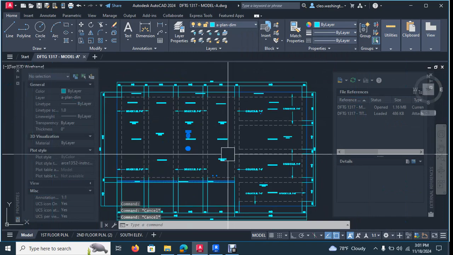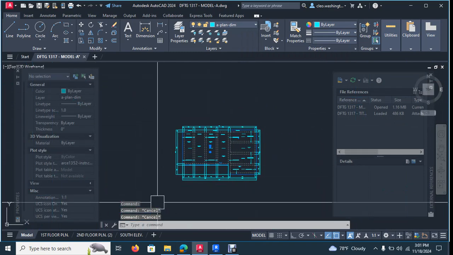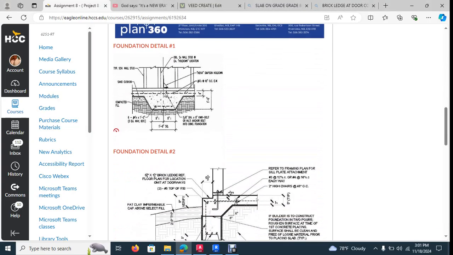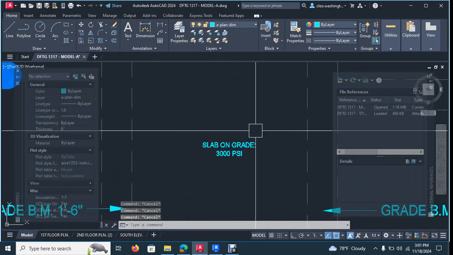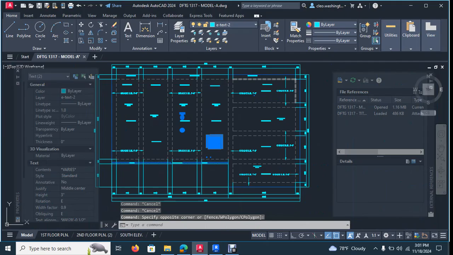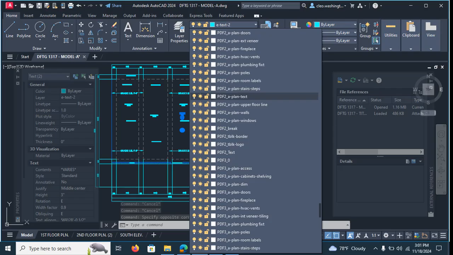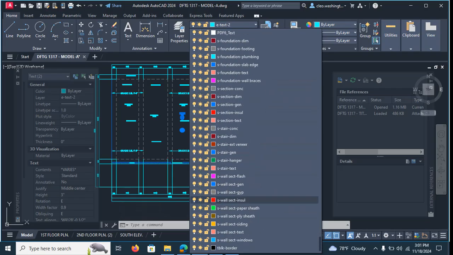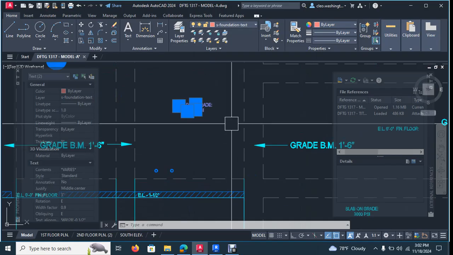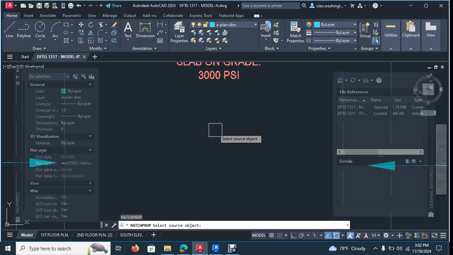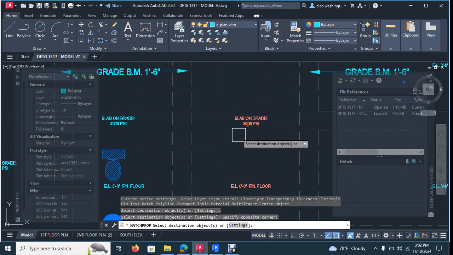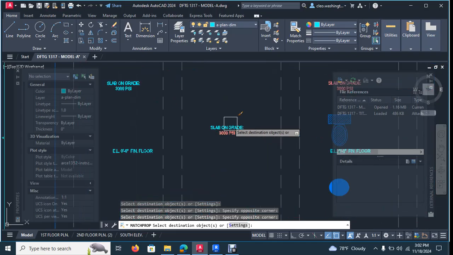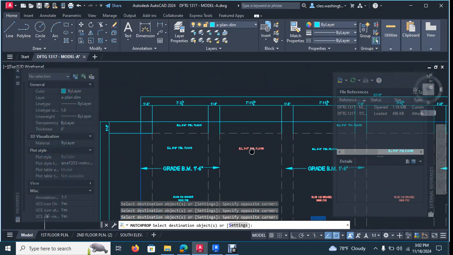So now there is etext 2. That's fine. Leave it on etext 2. Because I know that there is a, let's go here. Let's see if there is a note for S foundation text. Okay, let's stick to the strip. Okay, let's put that on there. Then just match it. Because all of these small text, you want that to read the same. And then the text that's larger, we want to actually